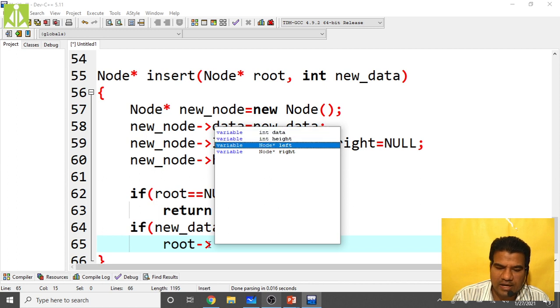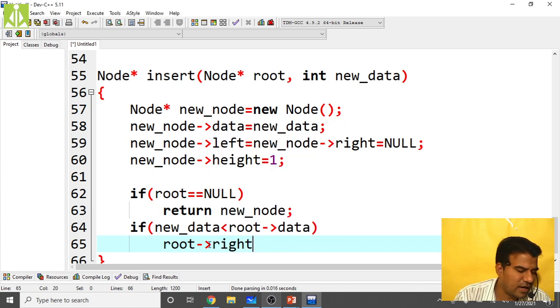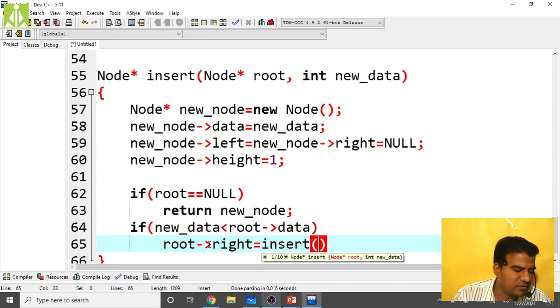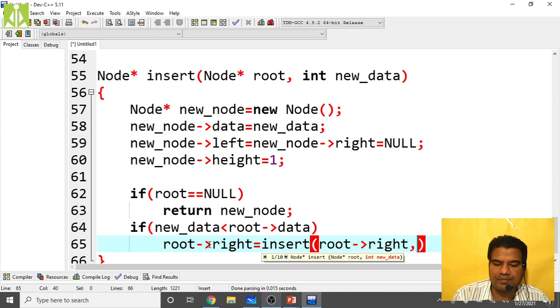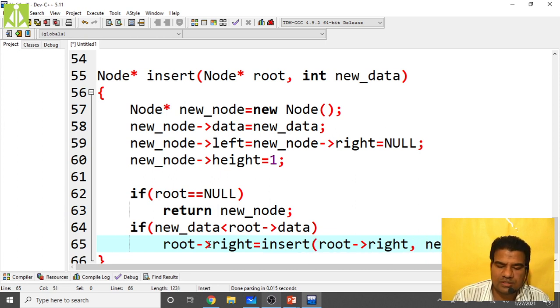So move in the right direction. Root of right equals, call the function recursively, insert of root of right comma new_data. At the end you put the semicolon.